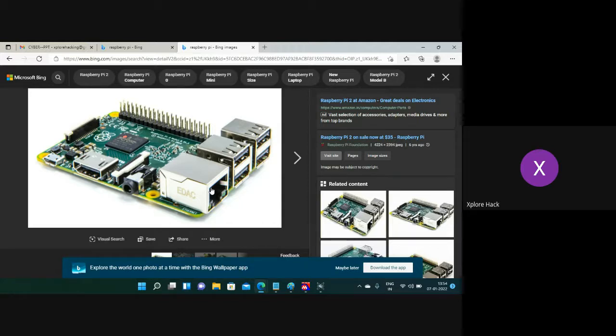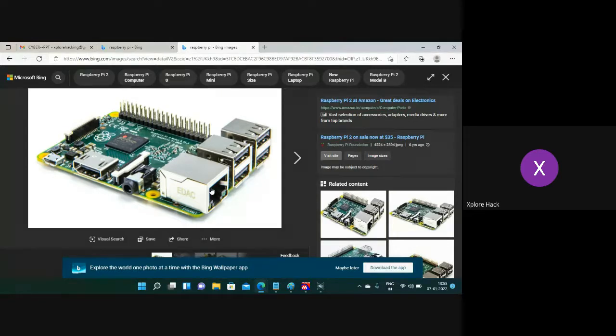And in the models 0, 1, 2, 3, 4, we have a variety of options like Raspberry Pi A plus, B plus, B1 plus, B2 plus, like that. We have a variety of controller boards, or I mean Raspberry Pi board versions. So the difference between the different models can be